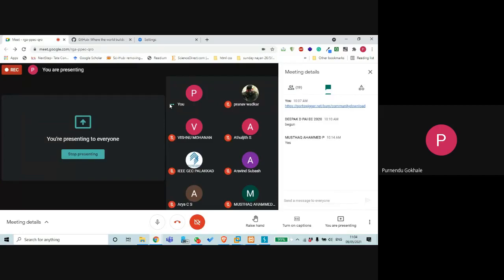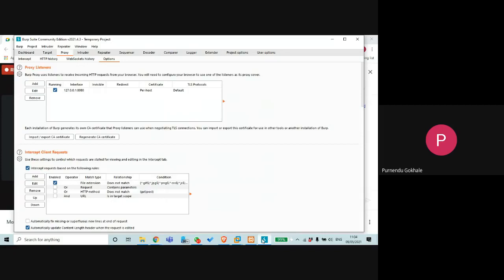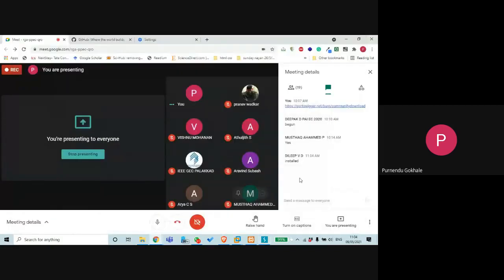Yes, Deepak, you have started, you have a message. Is it complete, and are you able to open Burp Suite? Okay, you have installed. Have you opened Burp Suite, and are you on the page which I have opened currently, the proxy page or the dashboard? Okay, Mushtaq, Ahmad, everyone, I'm asking everyone, have you?